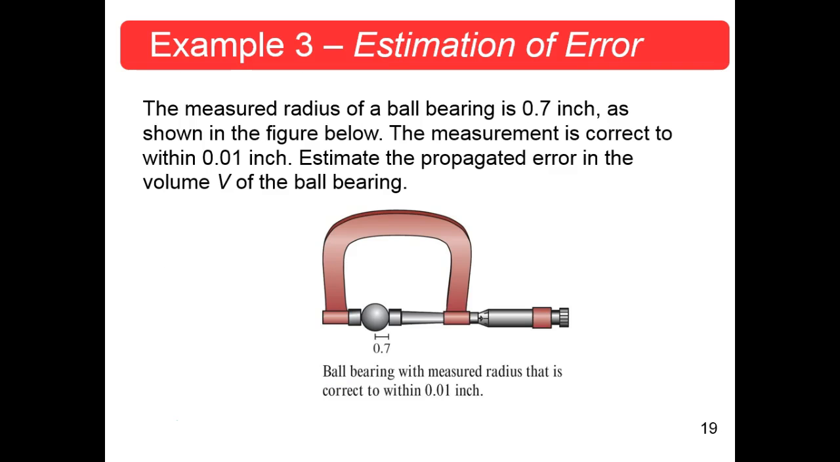Okay. So the measured value of a ball bearing is 0.7 inch, shown in this figure. There's what we call a micrometer. It measures as close as you can read on the scale here. Okay. The measurement is correct to within 0.01 inches. So it's read as 0.7 inches, but your measurement is correct to 0.01 inch. Estimate the propagated error in the volume of that ball bearing. Okay? So in other words,